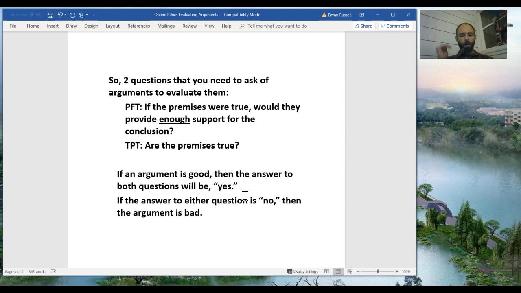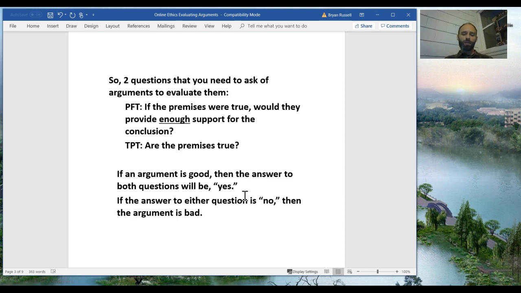Now, one thing I want to note here is there can be a lot of debate about whether or not premises of an argument should be considered true, and whether or not we should think that if they're true, they give us enough reason to believe the conclusion. But almost all criticisms of an argument can be reduced down to one of these two problems. So I encourage you, especially as you're looking at chapter 1 in our ethics text, or as you're thinking about the trolley problem arguments that you presented and some of the discussion about those trolley problems,